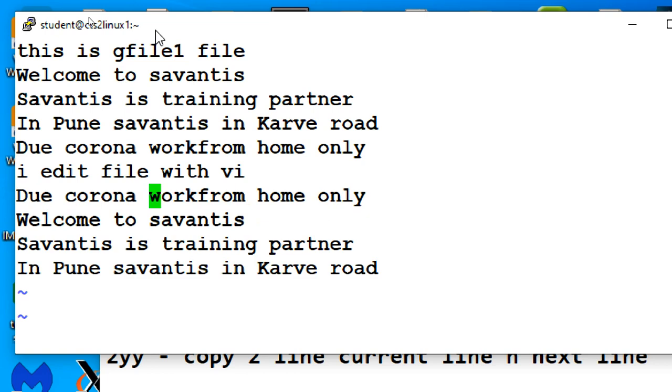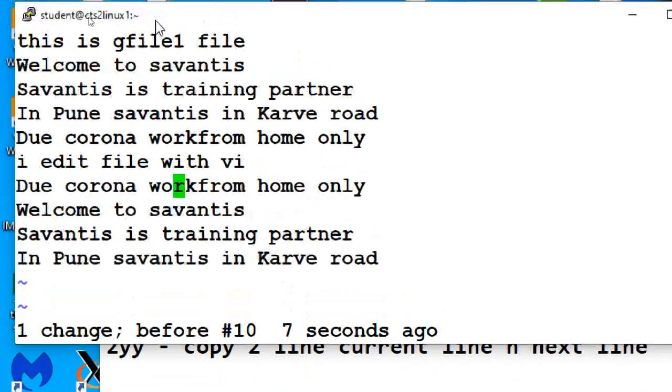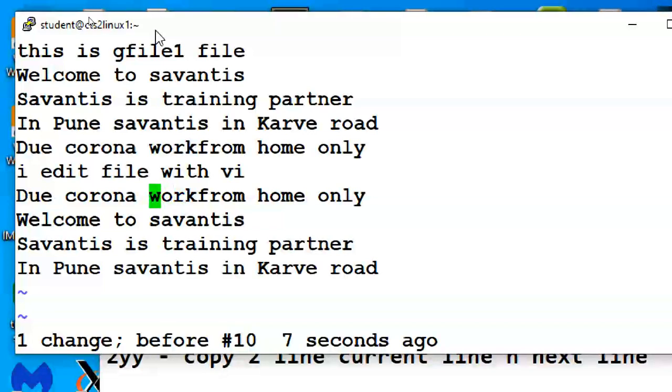So to delete a word is dw, right? So dw is deleting the word. Two words I want to delete, this and the next word. Now after the cursor it is deleting. Escape u. I keep my cursor at the start of the word. This word and next word I want to delete with 2dw. Now it is deleted.